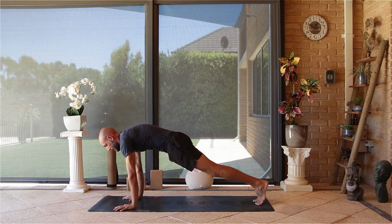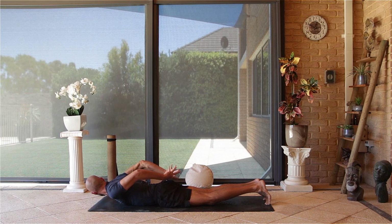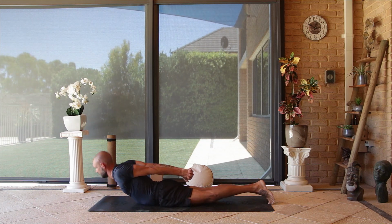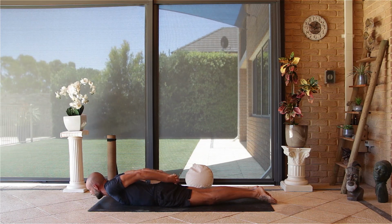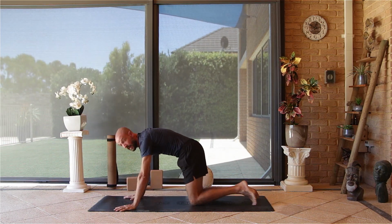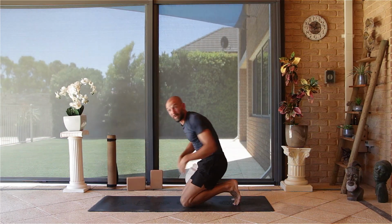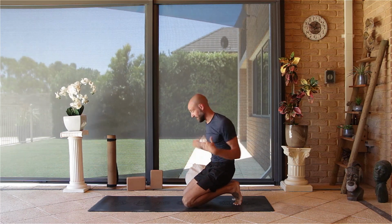Right foot back, left foot back, lower down to the ground, clasp the hands, inhale, stretch out, exhale, lower back down, place the hands to the ground, push into that tabletop position, and from here we're just going to shake out the shoulders a little bit because we're going to start utilizing them